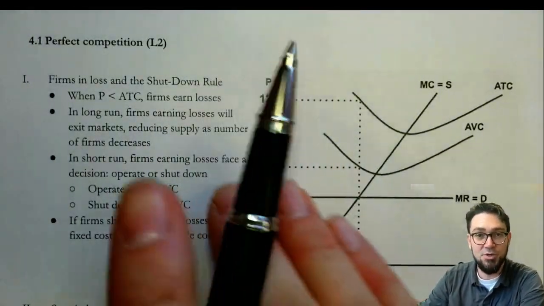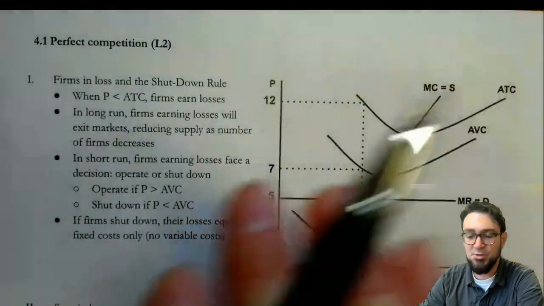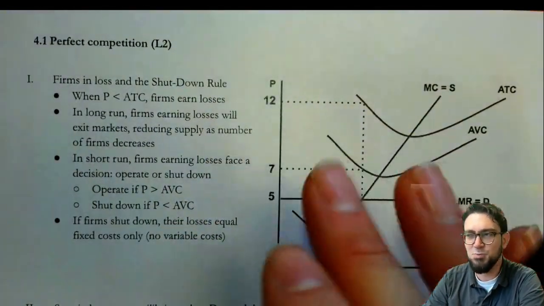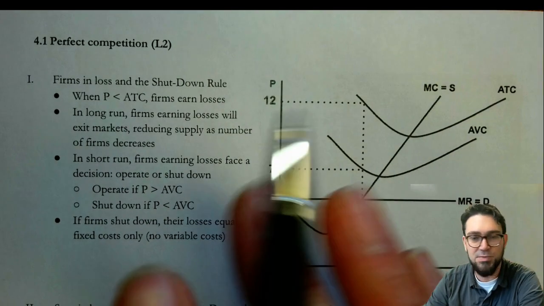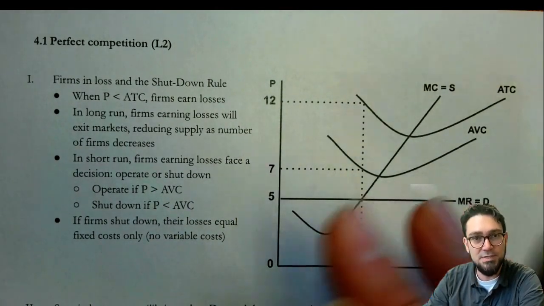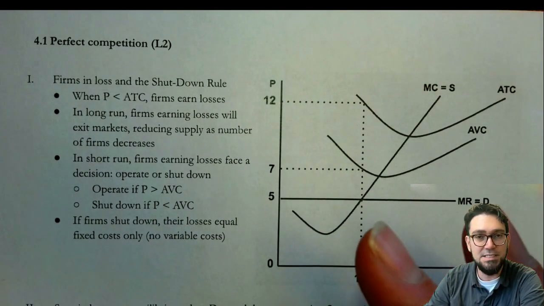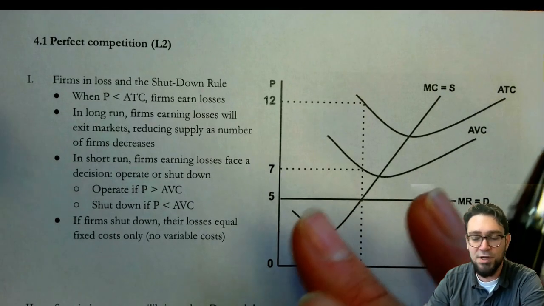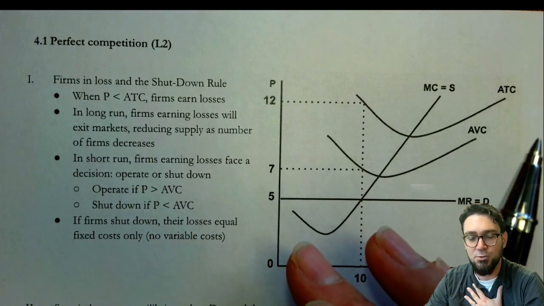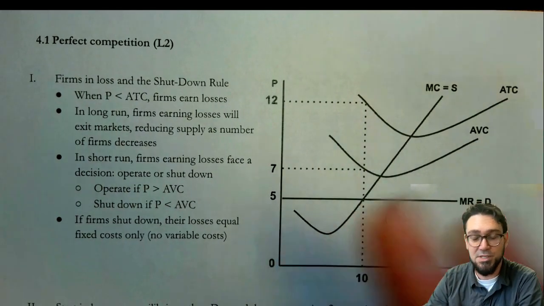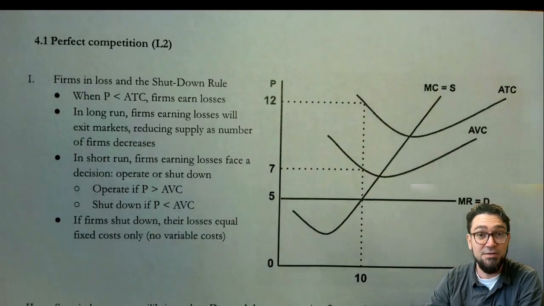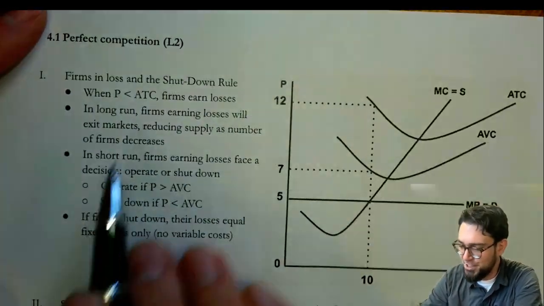I will say that Jacob Clifford, ACDC Econ, does a phenomenal job explaining the shutdown rule. I think it's in one of his Econ in 60 seconds or something. So if this doesn't work for you, I would say check out ACDC Econ. Jacob Clifford does some really great work. He's inspired me to do a lot of cool things, and I think he's just wonderful. So a nice guy, and you should check him out if you get a chance. So there's my little plug for you, Jacob.